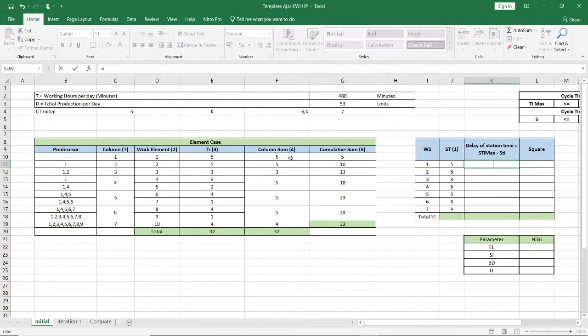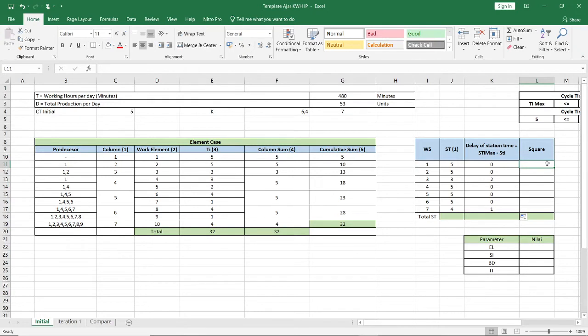The highest is 5, the maximum station time. Don't forget to click F4 so we can lock this value, and then minus ST, the station time itself. Please click like here and then enter. The value must be 0, and we just drag down like this.